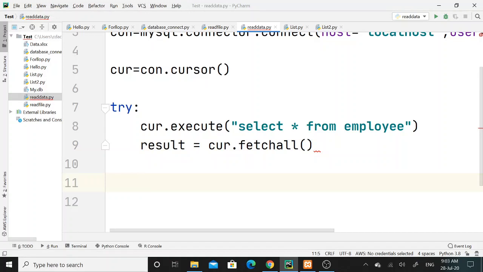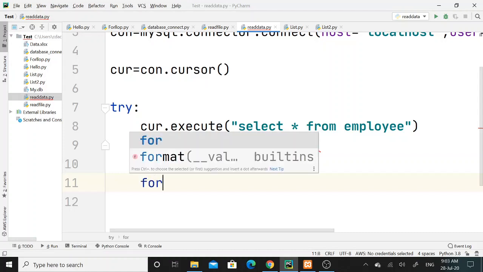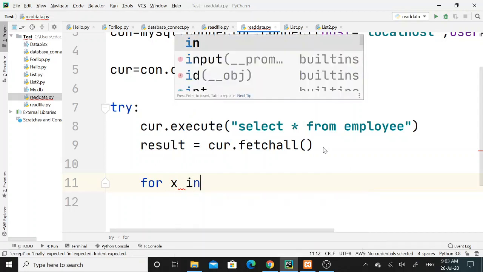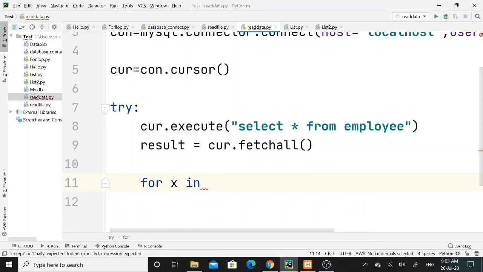Therefore, to print all the fetched records, I will use a for loop. Here I will declare the keyword for, then one variable for the iteration, x, then the in operator, and then where I am going to assign all my records, the result variable.